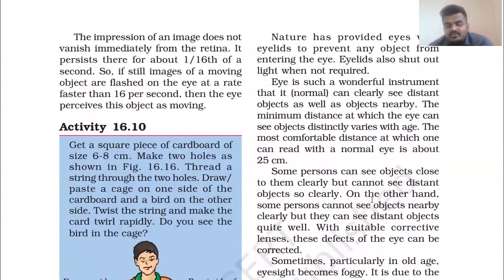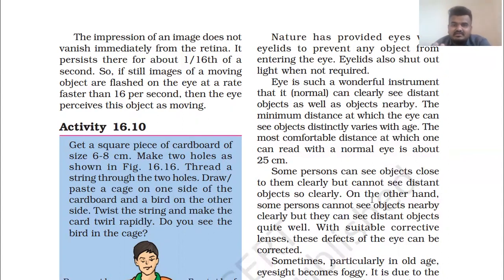Apart from this, we can see that sometimes with the help of our eye, we can see images which are at a distance, and also those which are nearby to us. But you can observe that sometimes your family member, or some older family member, will say that they cannot read the writing which is near them. So they will just read from afar, from a distance, we can say.